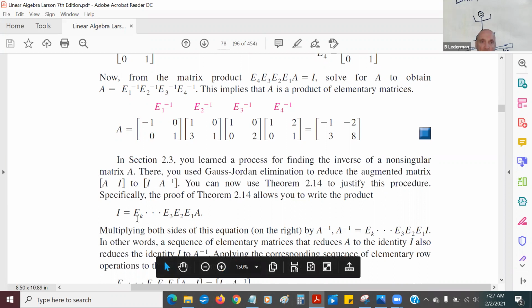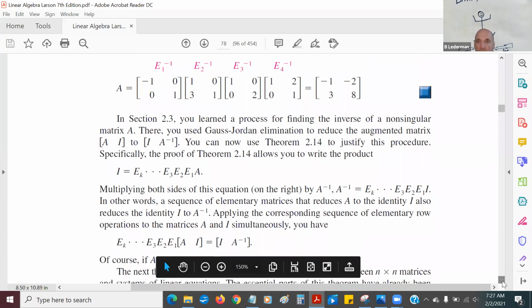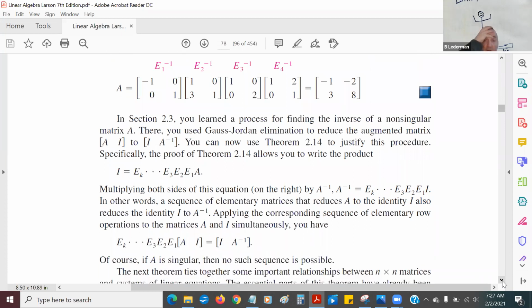And then I can multiply by all the inverses, and I get I, and I get A inverse. So the sequence of elementary matrices that reduces A to the identity also reduces I to A inverse if applied properly. So if you apply the corresponding sequence of elementary row operations to the matrix A and I simultaneously, you